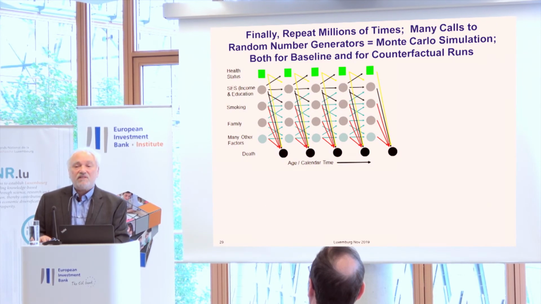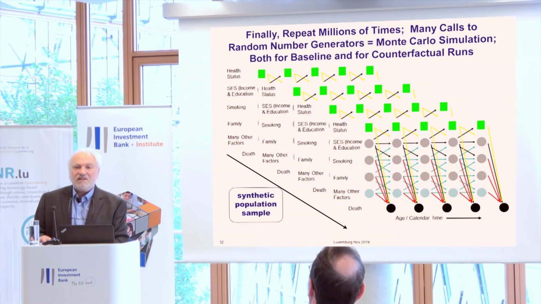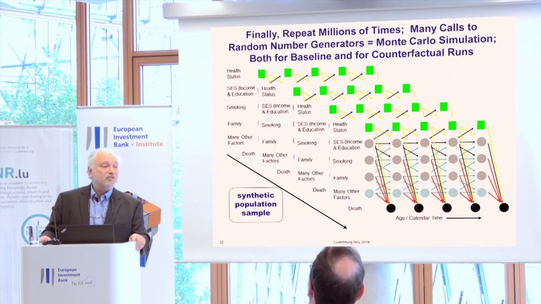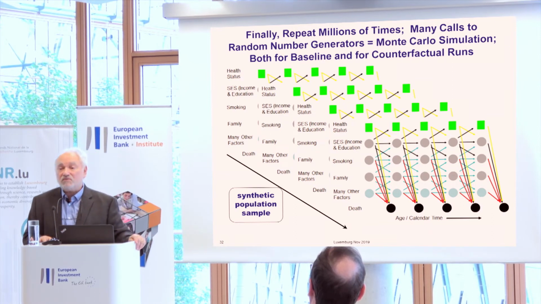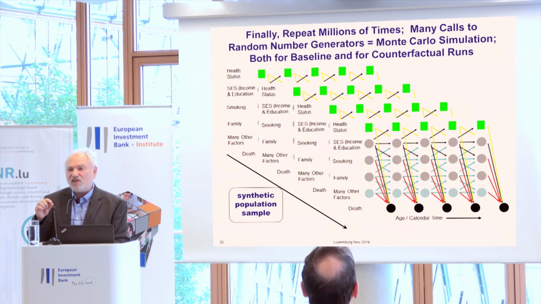And then we do this not just hundreds or thousands, but millions of times till we have a big sample. Because there are a lot of calls to the random number generator, there is Monte Carlo error, and we want to get that within bounds. And the Monte Carlo error is always going to be very small compared to the variation that you see related to the bootstrapping.